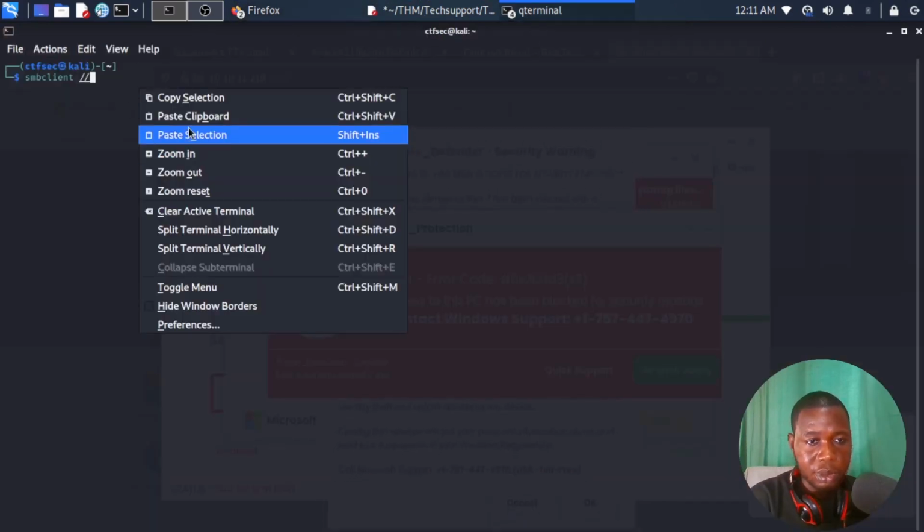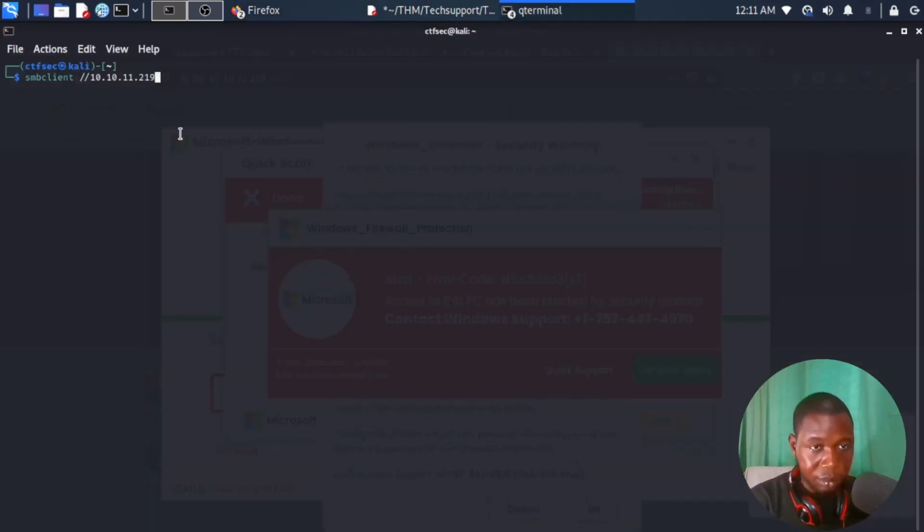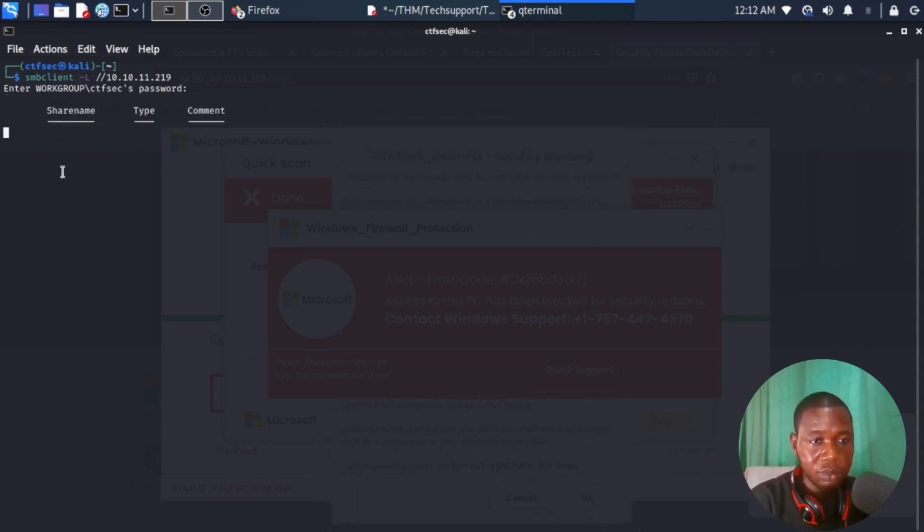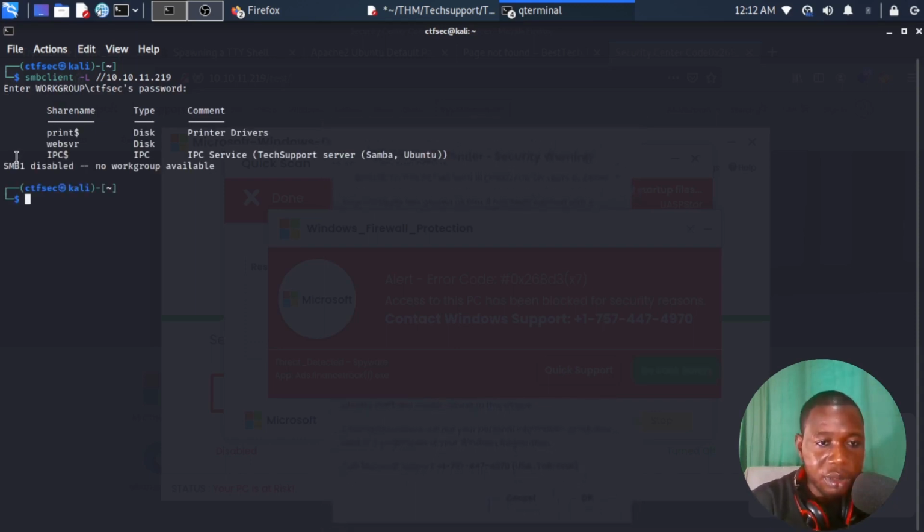So I'll just paste that here. But before the IP address, we are supposed to list the shares on this machine, and we can just hit the enter key. Okay, good. So we actually have some shares, and if you look closely, what interests me on this page is